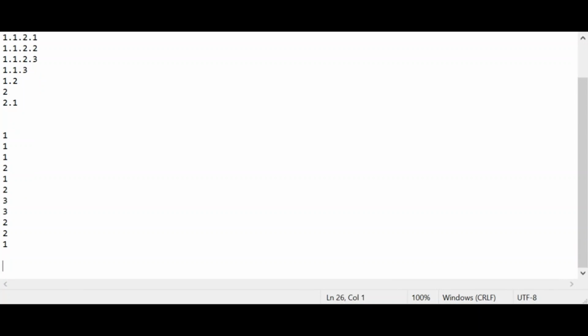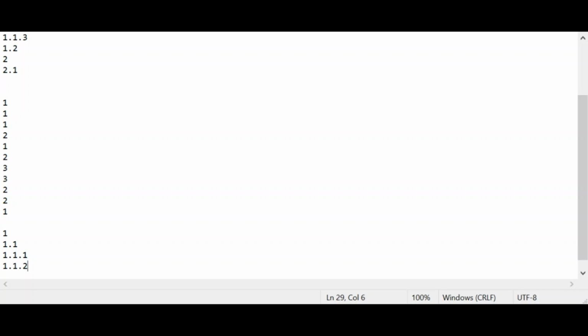I will create a stack like this. The initial stack is empty, so I will add the first element. Then the second element is 1, so I will just append that element to my original stack. Then the third element is also 1, so I'll append it. Now our next element is 2. I will start checking from the last, since I have to find the n minus 1th element, that is 2 minus 1. Since our last element is 1 itself, I will just pop out this 1 element and increment it by 1.